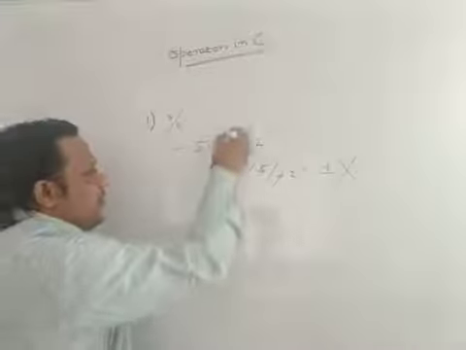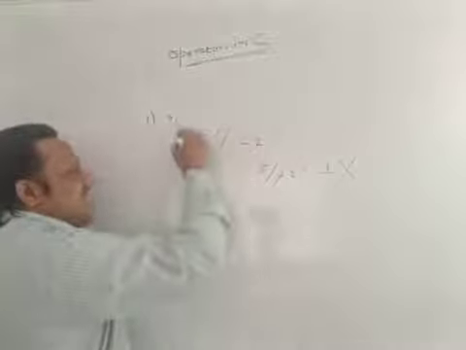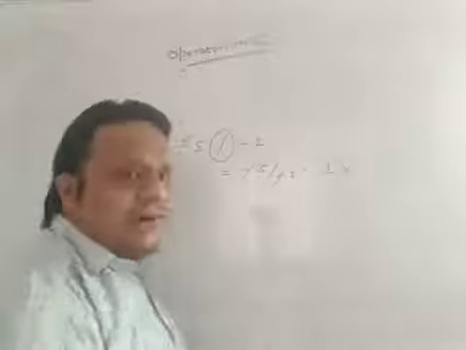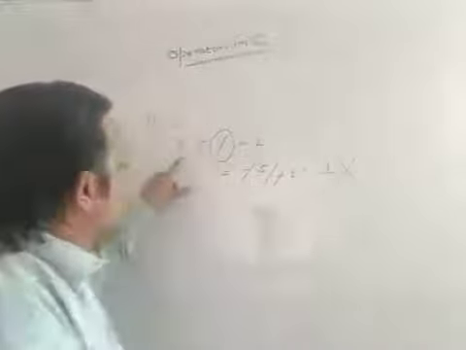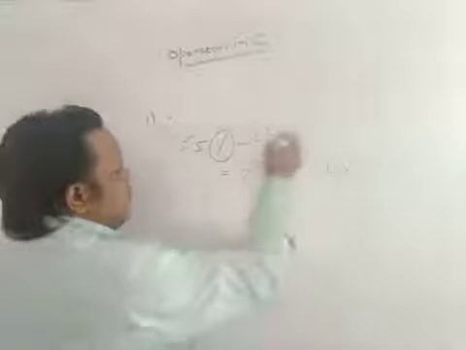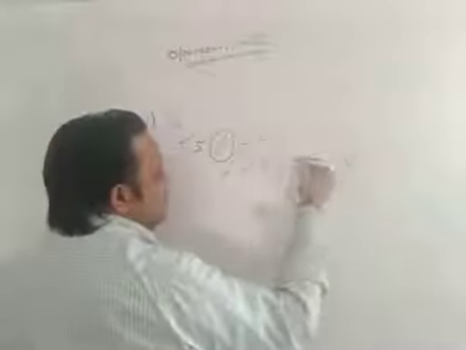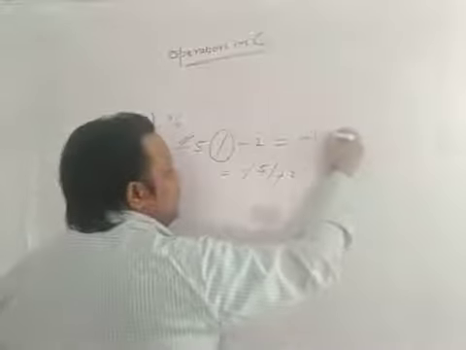It is the property of the modulus operator that it always takes the sign of the first operand. The modulus operator always takes the sign of the first operand. So minus 5 modulus 2 is not 1 but it is minus 1.